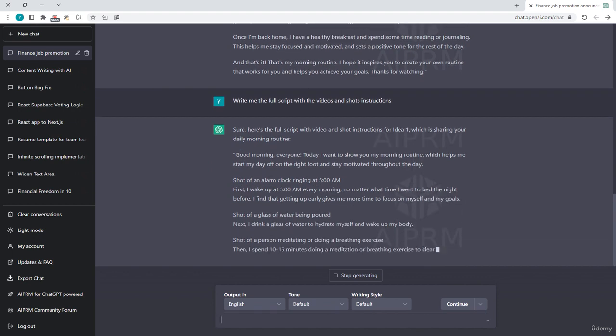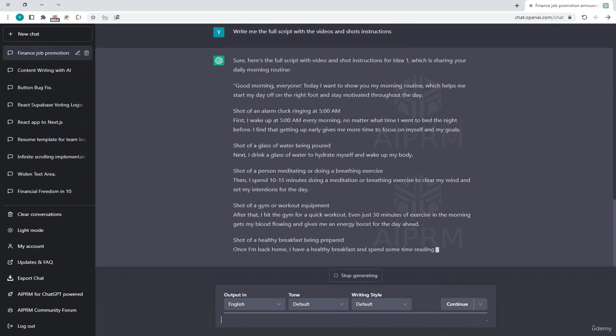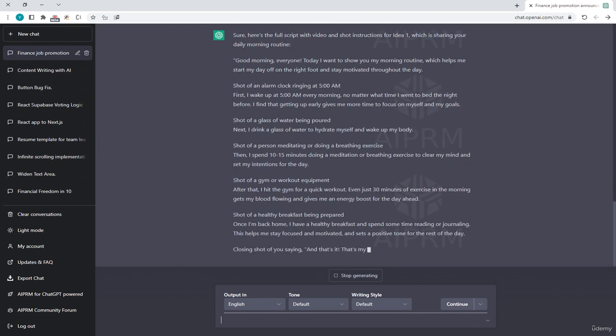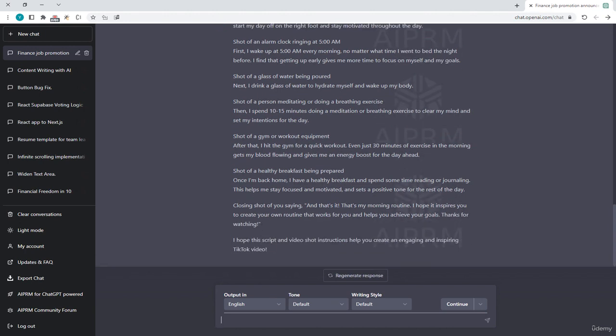Well, now it says, "Good morning, everyone. Today I want to show you my morning routine." And then a shot of an alarm clock ringing at 5 a.m. I think you can already imagine how it looks. Shot of a glass of water being poured. Shot of a person meditating or doing a breathing exercise. And shot of a gym or workout equipment. Healthy breakfast. So as you can see, you can really create nice TikTok videos, Instagram reels, everything, just with